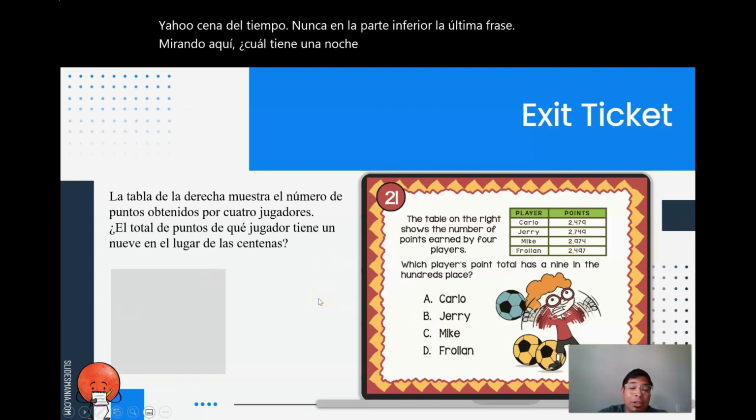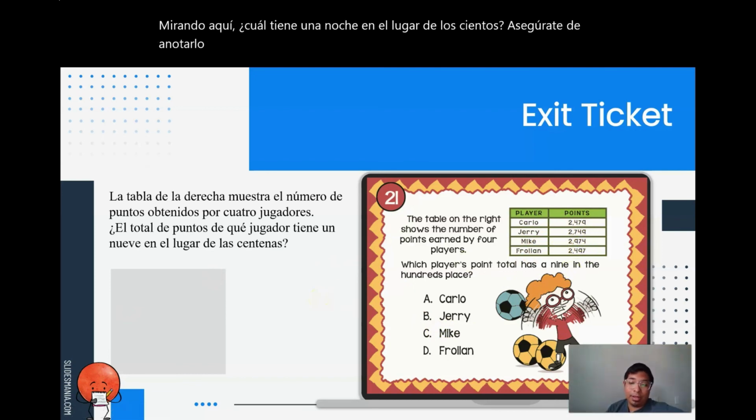Make sure you write that down in your journal. Por favor escriben la respuesta y la pregunta en tu libreta,